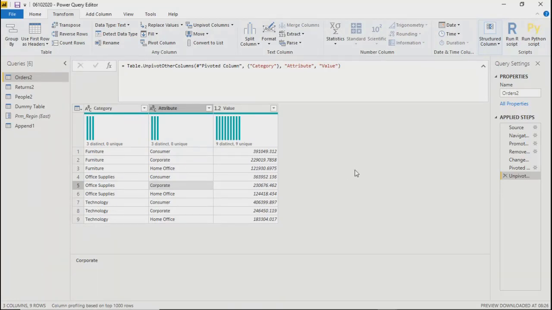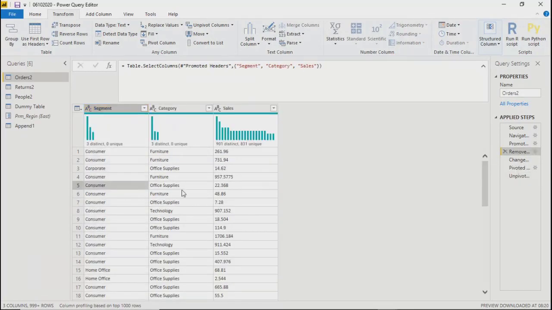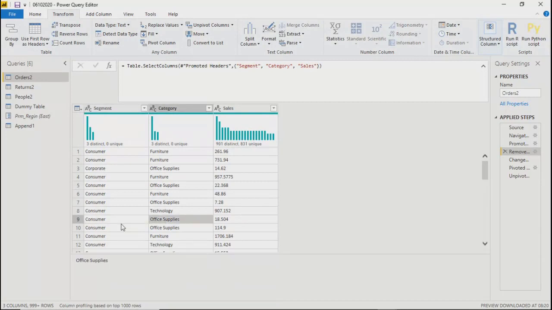The only challenge over here, I would say it's not really a challenge, is the nature of the data. What happens in this particular data format? You had a lot of duplicate rows, meaning duplicate combinations. So consumer and office supplies, you have this record, then consumer and office supplies again. You're getting many duplicate records. Though the sales is different, these records are repeating many times. Consumer furniture, consumer furniture, consumer furniture.